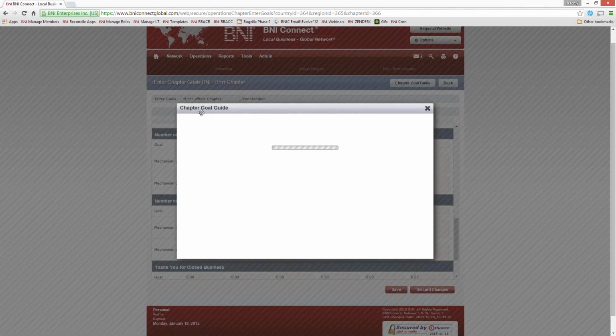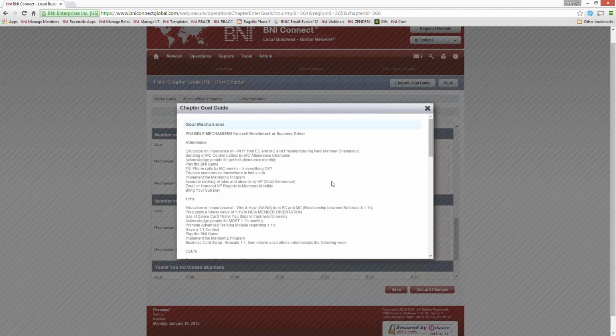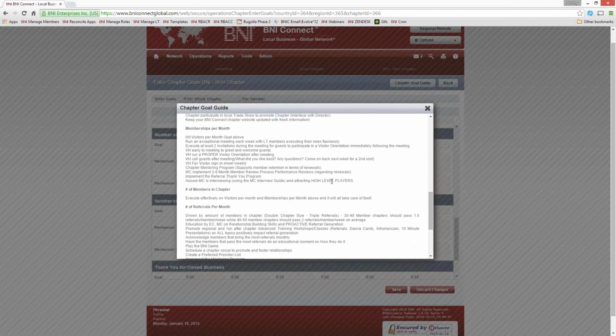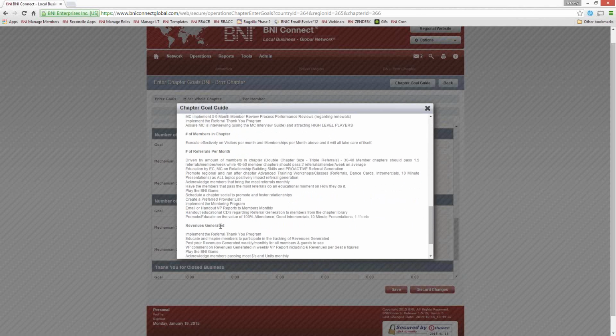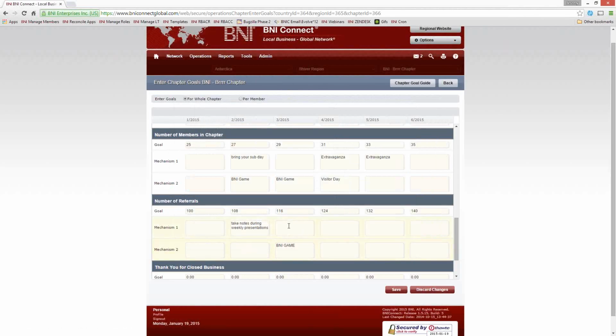And of course, we have the chapter goal guide to help us out. And if we scroll down to number of referrals, we can create a preferred provider list. We can make sure that we're acknowledging our members that bring the most referrals. So again, maybe we want to make sure in April that we're doing recognition.